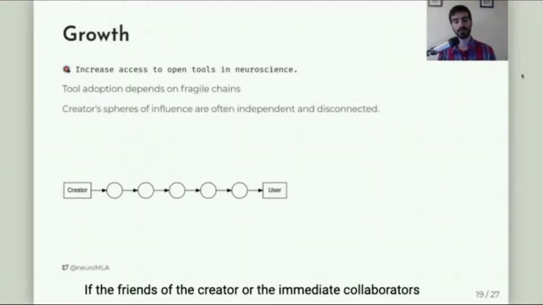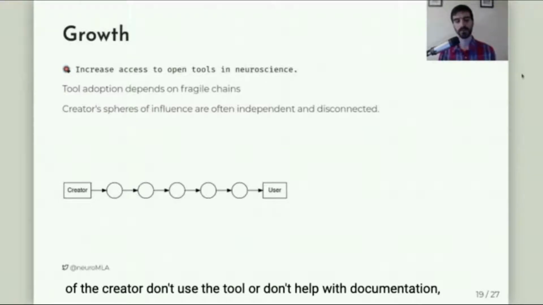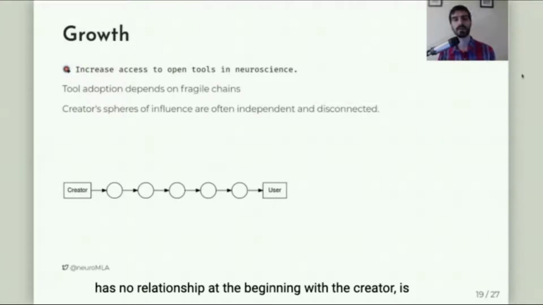If the friends of the creator or the immediate collaborators of the creator don't use the tool, or don't help with documentation, or don't pass the word around, the final user, the one that has no relationship with the creator at the beginning, is less likely to actually be involved in using the tool.